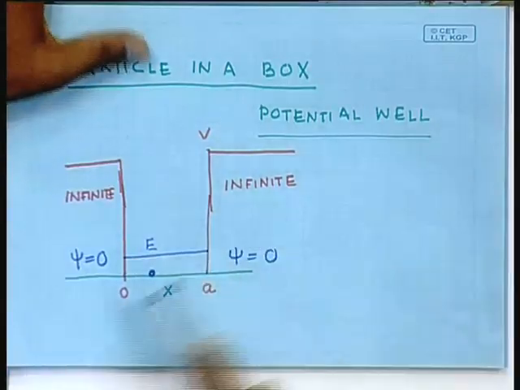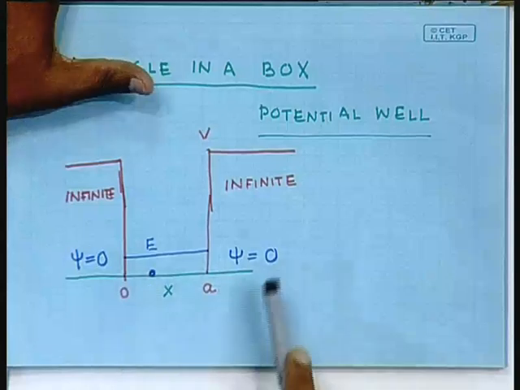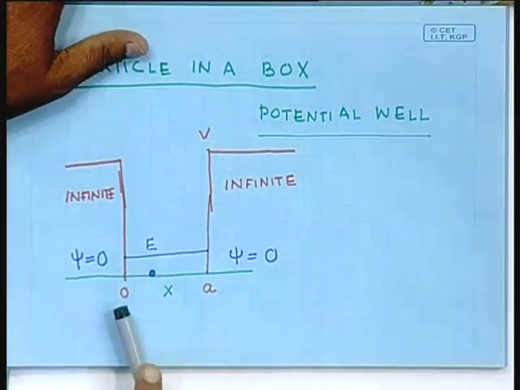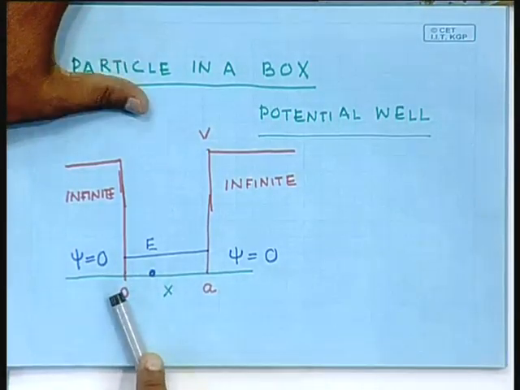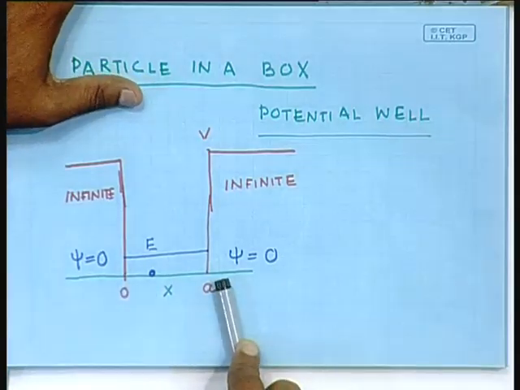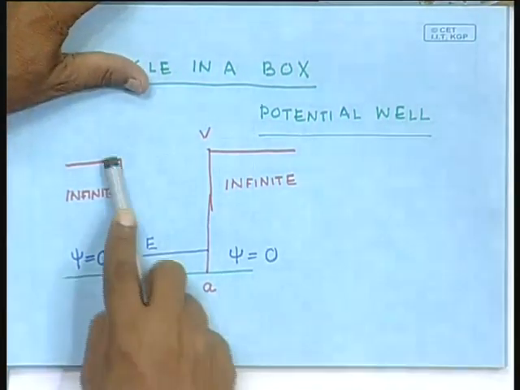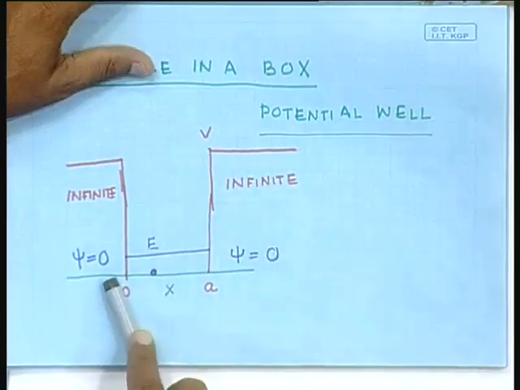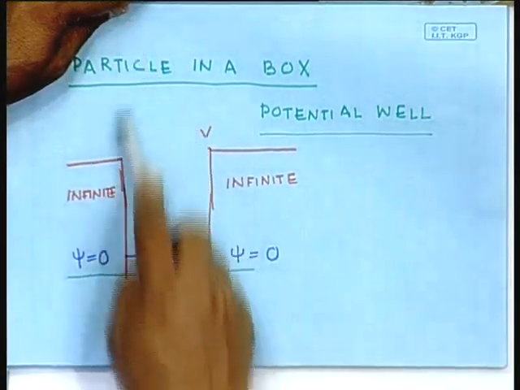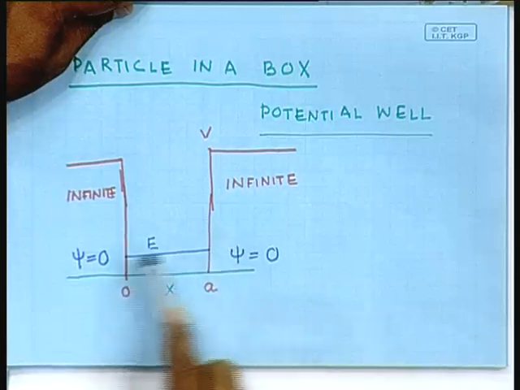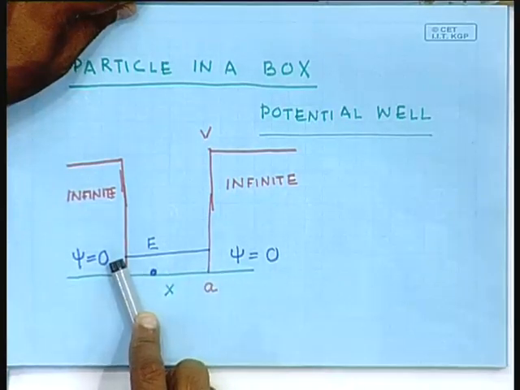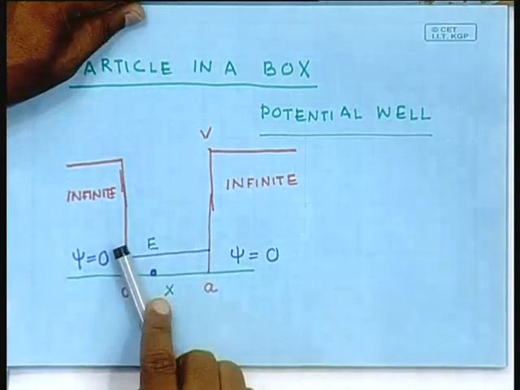Good morning. In the last lecture, we were discussing a situation where we have a particle which is free to move along the x-axis, and the particle is constrained in the region x equal to 0 to x equal to a by two potentials which are infinitely high. So these potentials on the two sides of this region, x equal to a and x equal to 0,